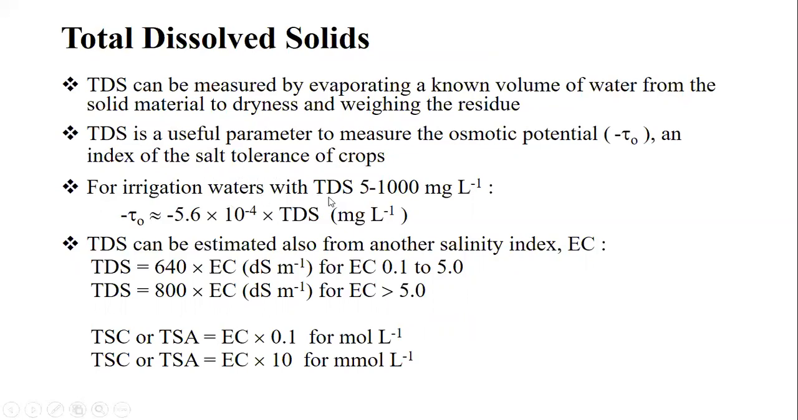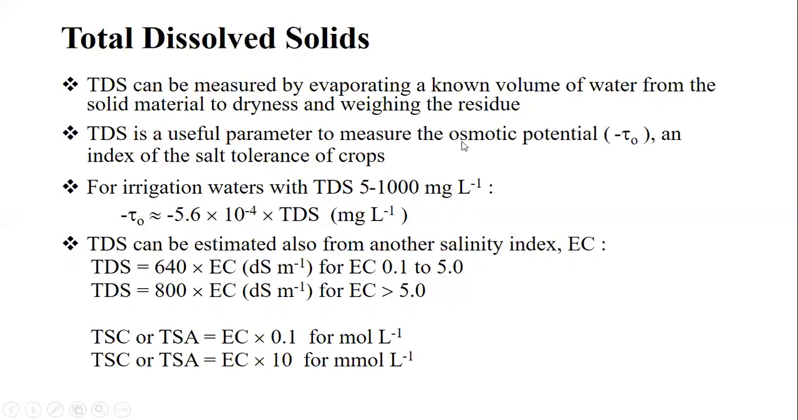For irrigation waters with TDS from 5 to 1,000 milligrams per liter. Remember, this is a known mass in a known volume. So that's one unit you can use, but you can use all kinds of units as long as you have a mass per volume. Remember, we took a known volume and we evaporated it, and then we weighed how much residue was left. So that's mass per volume. So in this case, we can say the irrigation water has TDS 5 to 1,000 milligrams per liter,